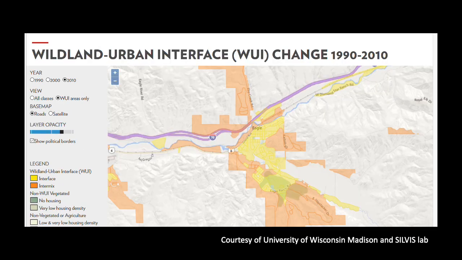This is a slide of the year 2010. As you can see, there's been slight growth in both areas to the north of I-70 and Eagle, and a significant increase to the south and to the east of Eagle. This is Eagle Ranch. What we know from the slides is that wildland-urban interface increased over 30 years. With that is an increase in the wildfire risk and potential damage to property, injury, or loss of life.